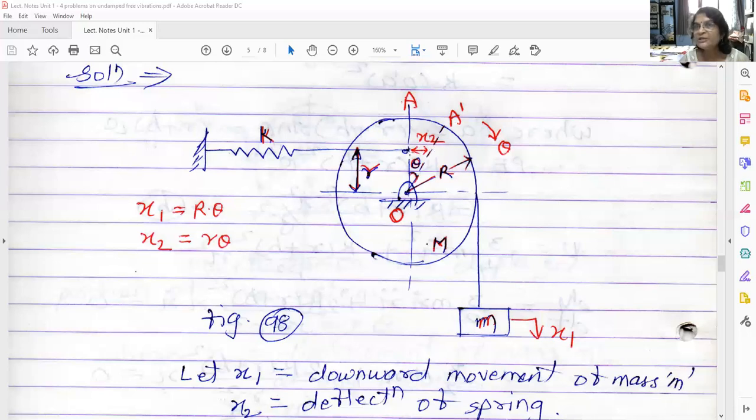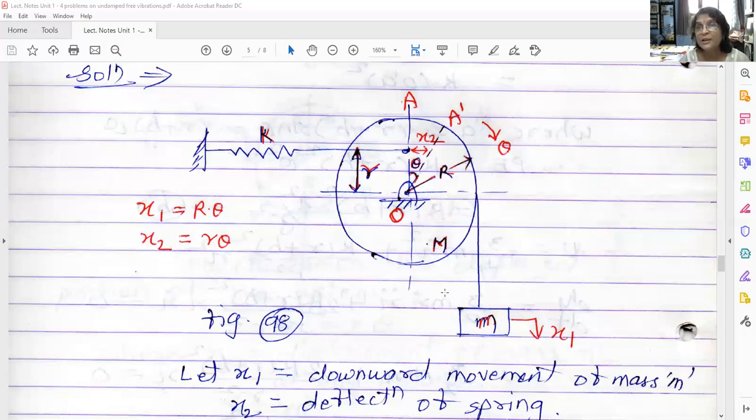So as point A will move to A dash, this point B will move to B dash. So what is the displacement B to B dash? Say we will call it as x2. Okay. So what is the relation between this x2 and this theta? Again, you have to use the same equation. Arc is equal to angle into radius. So angle is same theta. But what is the radius here? See, this distance is given small r. So r is the distance of the spring from point O. So how much is x2? Small r into theta. See, I have written here. x2 is equal to small r into theta.